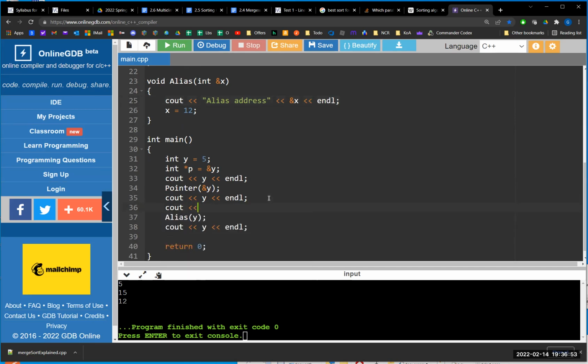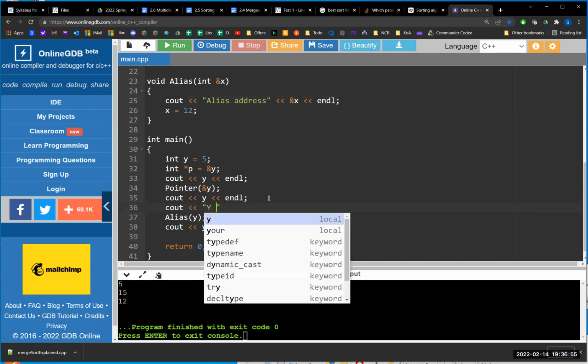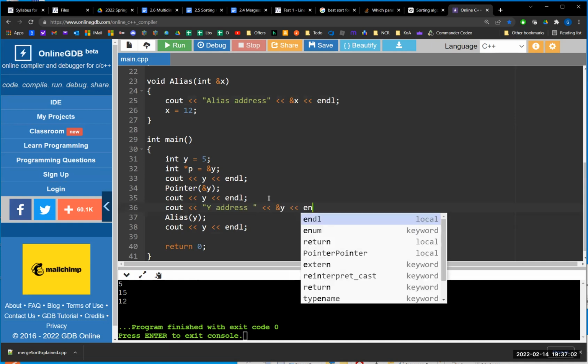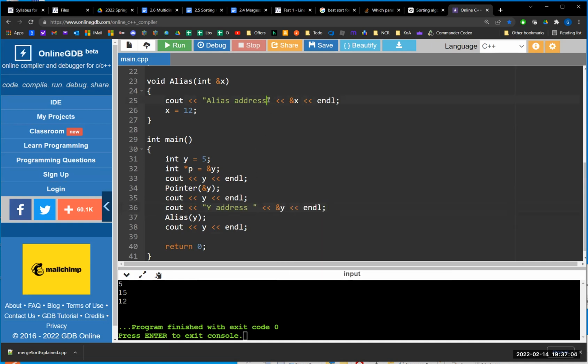And cout my address. Address of y. Line. Let's get white spacing consistent. Let's see if I can get this to work. All right. See, there we go. Same memory address, because they're basically literally the same variable as opposed to storing a memory address